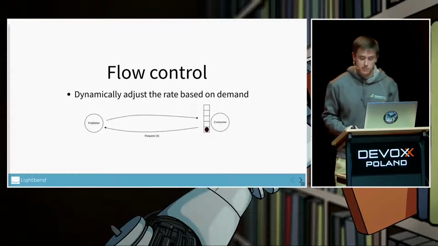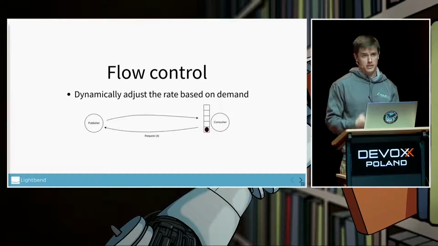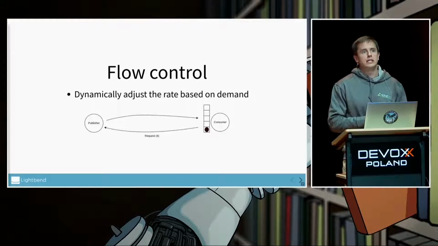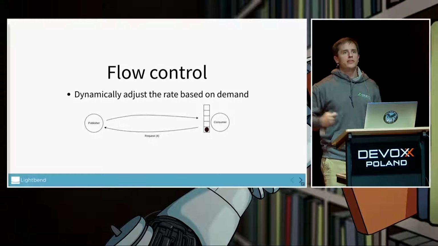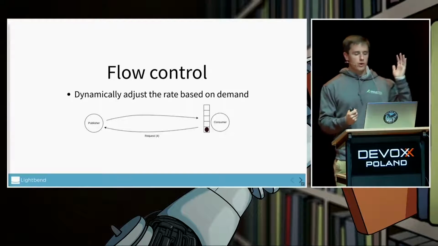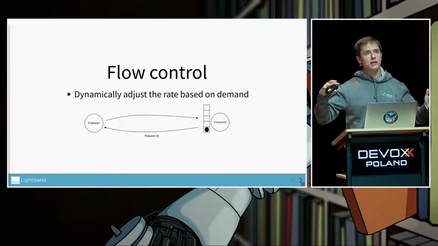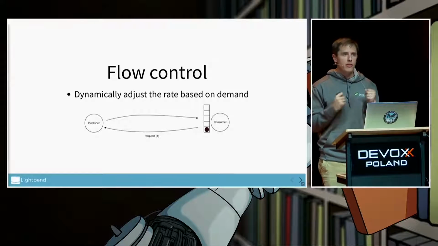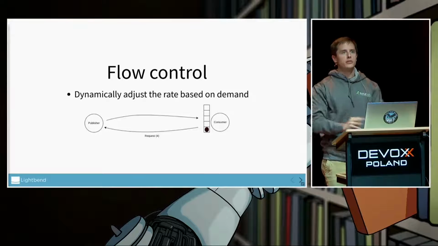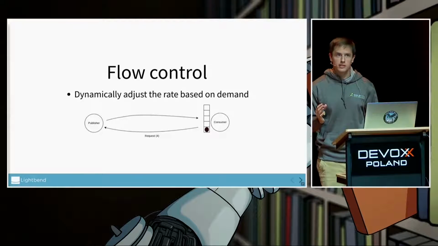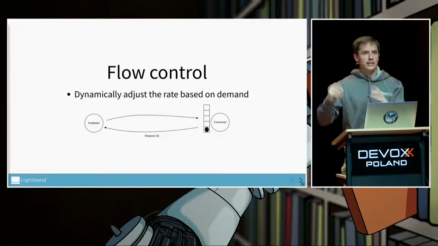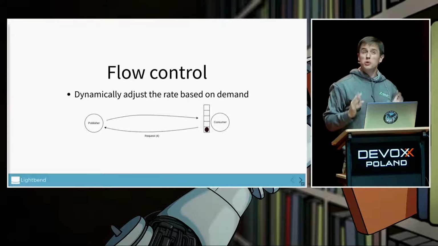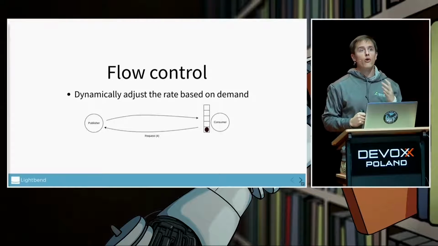So flow control, which is built into Akka Streams, it's built into anything which is Reactive Streams compliant, is about dynamically adjusting the rate based on demand. So if you think of any type of interaction in an abstract way where you've got a producer and you have a consumer, there's always some type of buffer. The buffer might be of size 1. And rather than the producer of requests, the producer of messages, just doing whatever they want, I'm just going to send as many as I like, it has to wait for demand to come from downstream. So in this example, the consumer has a buffer of 5. It has 4 items left.